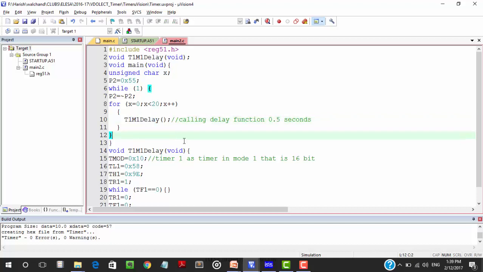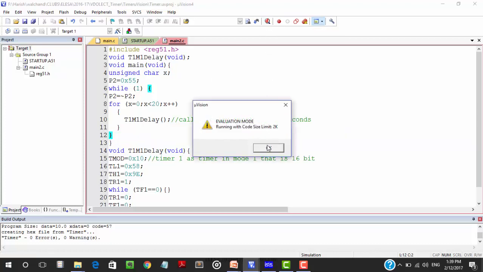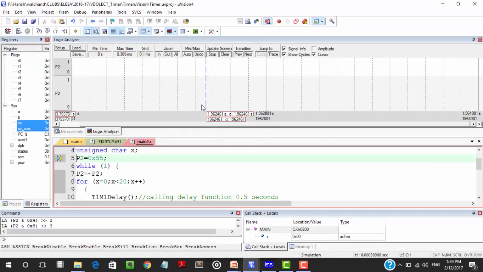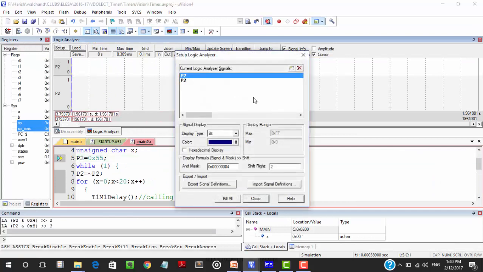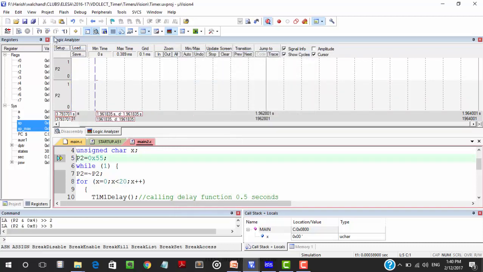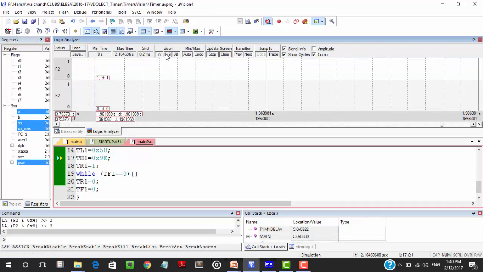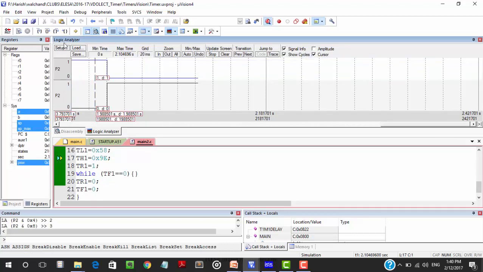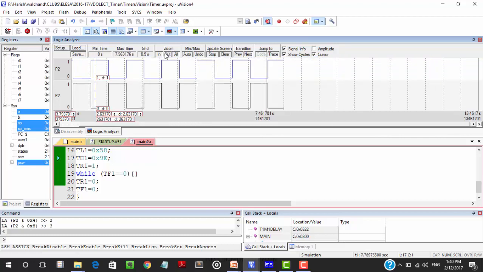Let's have a look at the output of this program. In the debug mode, here I have set up two signals, P2.2 and P2.3. If I start this and then stop, zoom out some, we will get the signal. Again I have started that. Zoom out.